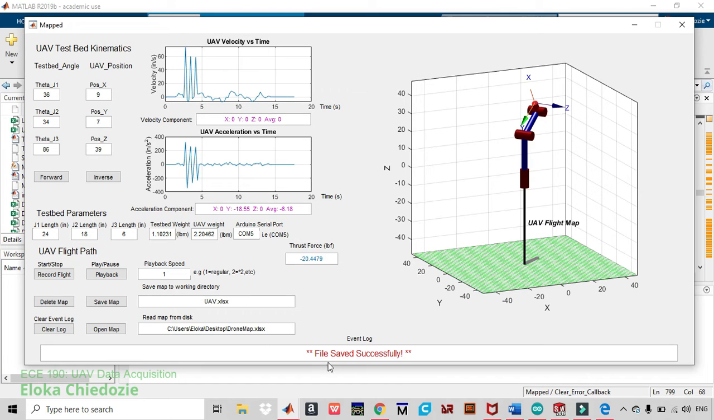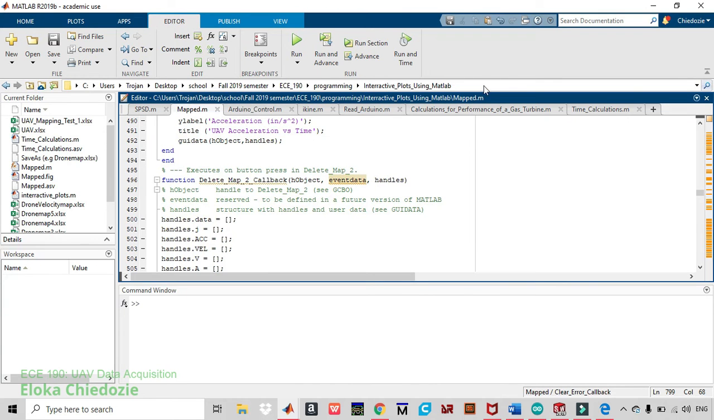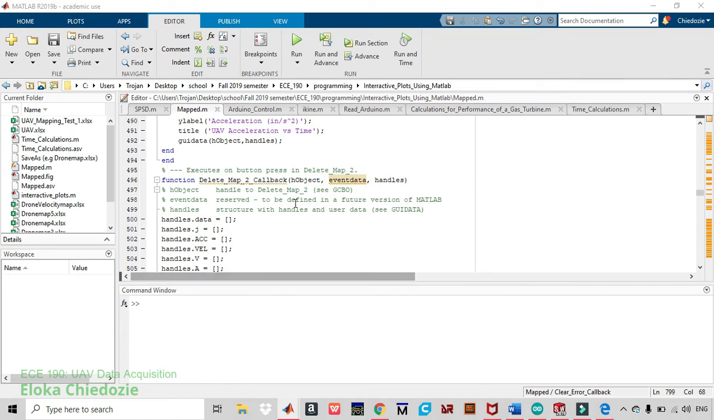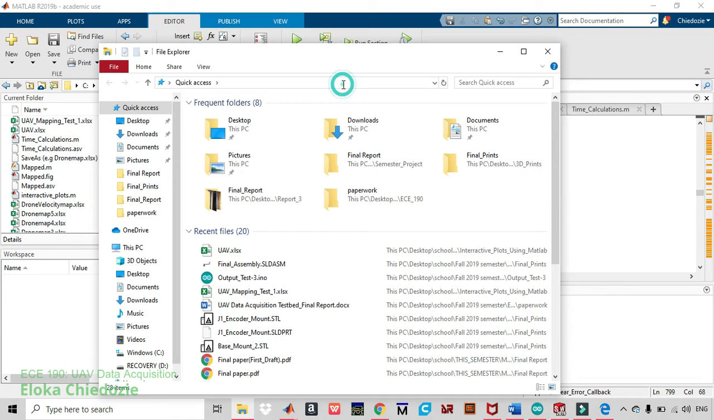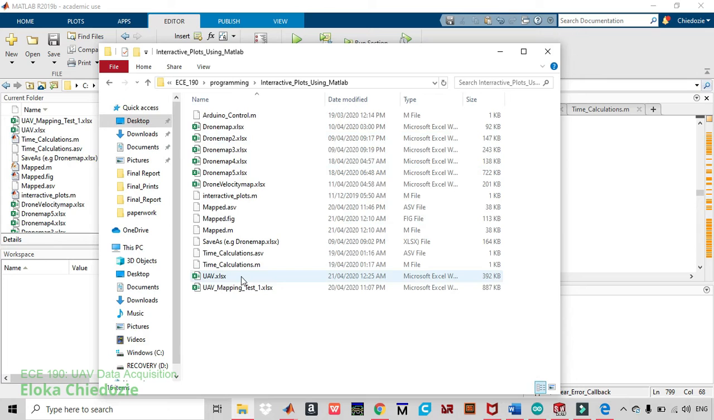Okay, so the file has been saved successfully. You could open the map in here and replay everything that happened, but before that, I'm going to go into my working directory and open the Excel file that was saved. So if you put in the working directory, you're going to see UAV, and if we open that,